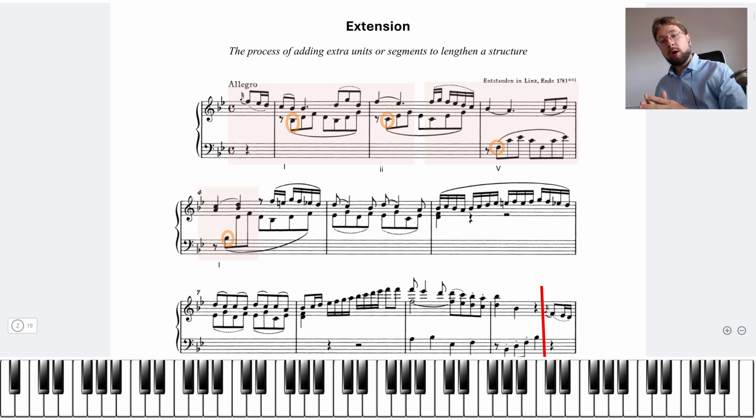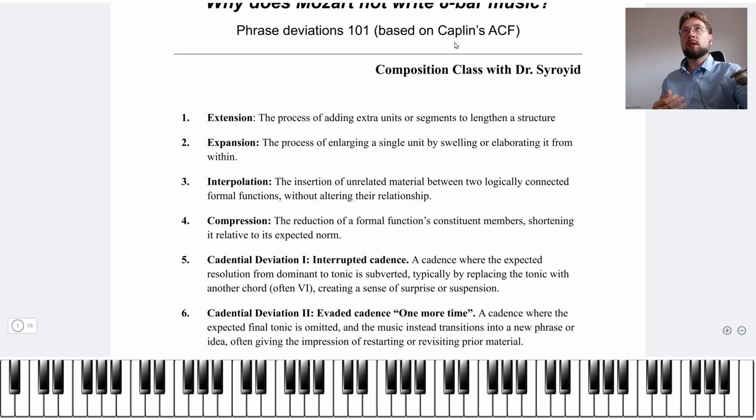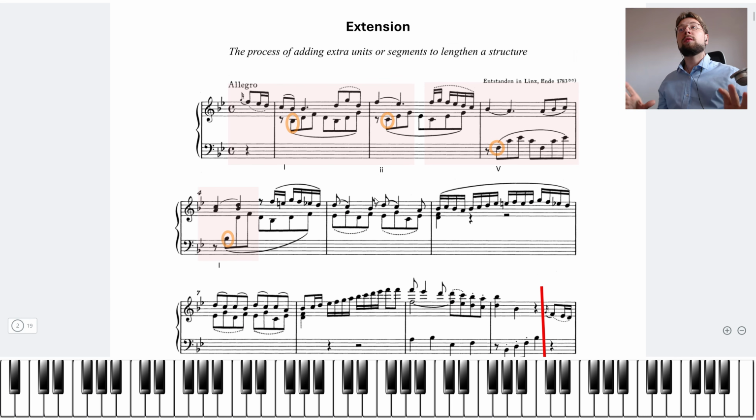In Caplin's terminology, which is the book we will be referencing here, so this information is extracted from Caplin's Analyzing Classical Form book, what we will find is that this is not a perfect authentic cadence. Caplin would define this as an imperfect cadence because the top note of the melody is here the third. So a perfect authentic cadence would sound like this, right? However, we have the raising third,